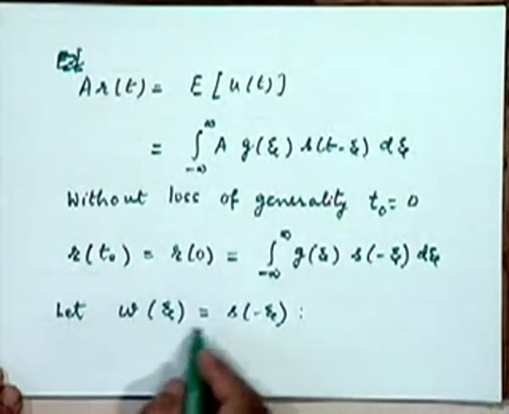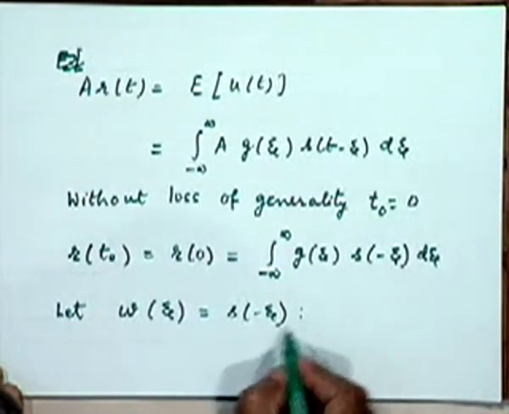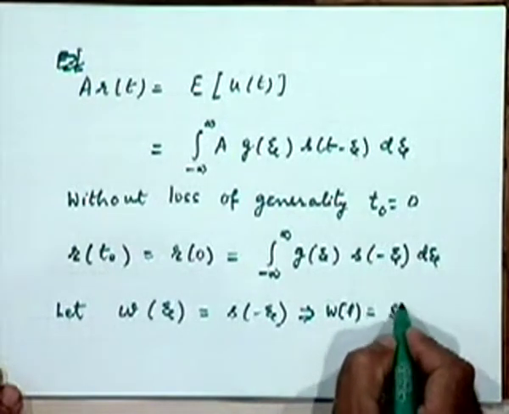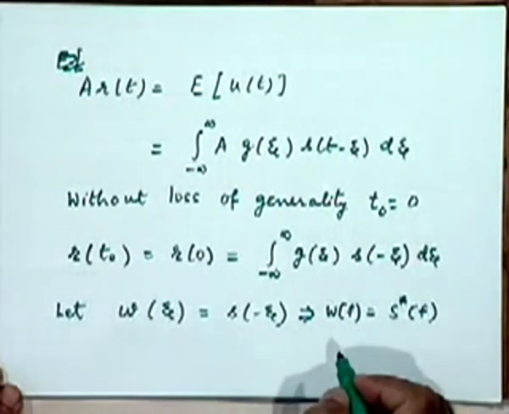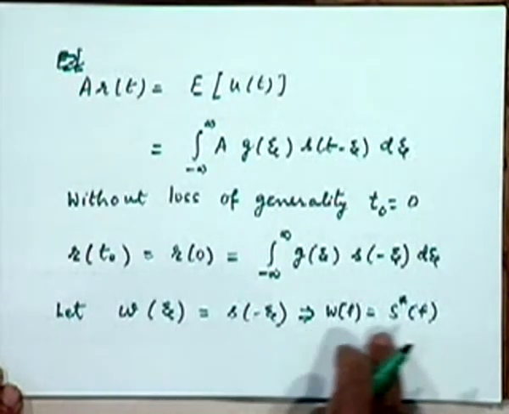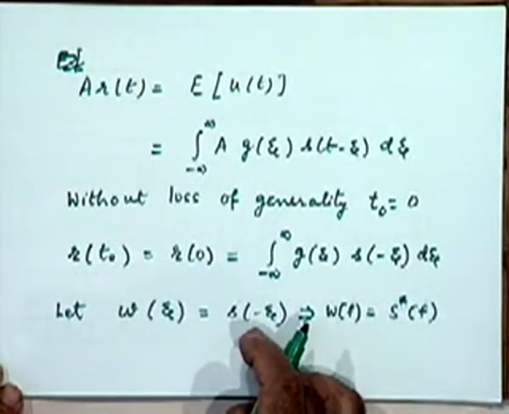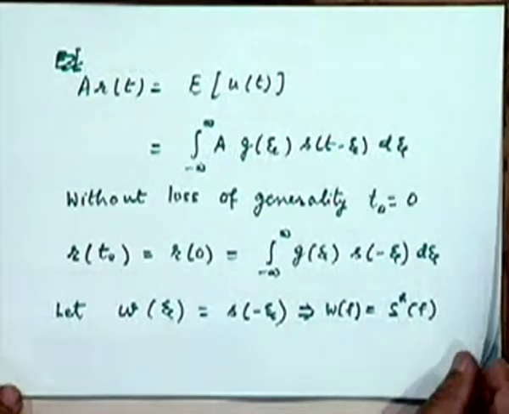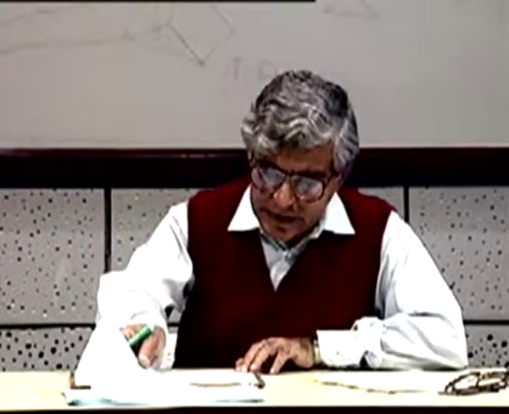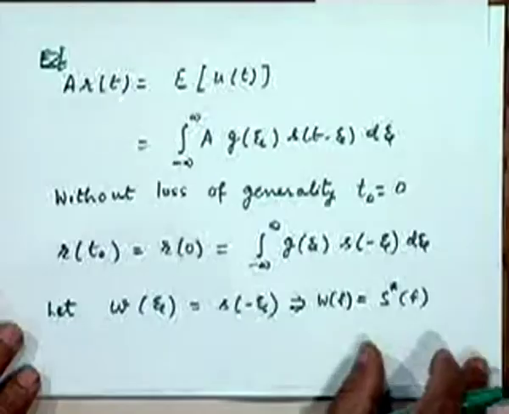Now, do you remember the Fourier transform properties? If I define w(zeta) to be this, what will be the Fourier transform W(f)? It is the conjugate of S(f), right? Fourier transform of this is simply S conjugate f for a general complex signal. If you reverse the time axis, that's equivalent to conjugation in the frequency domain. Basic Fourier transform properties. Therefore, let's look at the implication of this property on this integral R0.